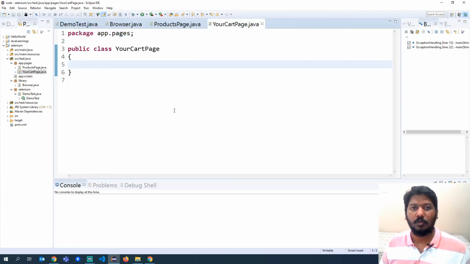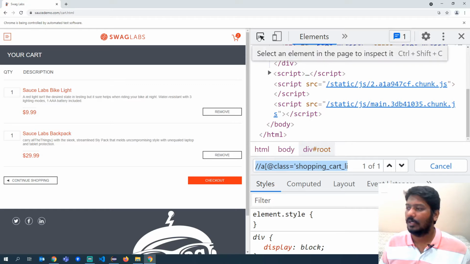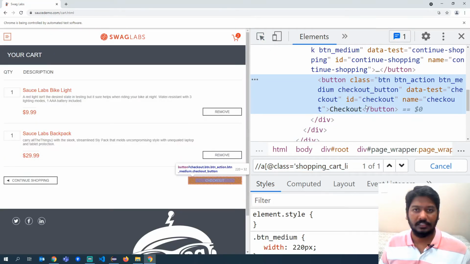So now let us see what all objects that we have to add from this particular page. Okay, so importantly, to make it short, I can just click on the continue button. So let us see how we can add that. Okay, so it is basically a button and it has an ID called checkout. So we can put it in our your cart page.